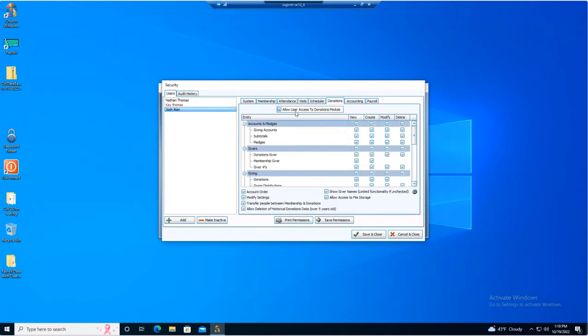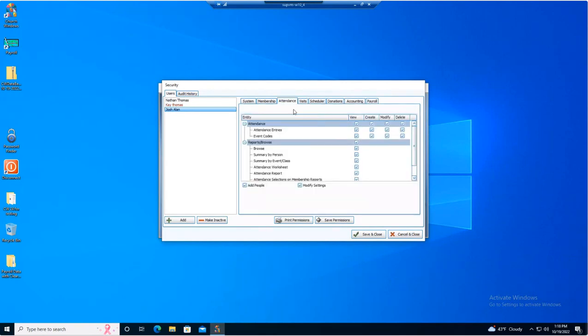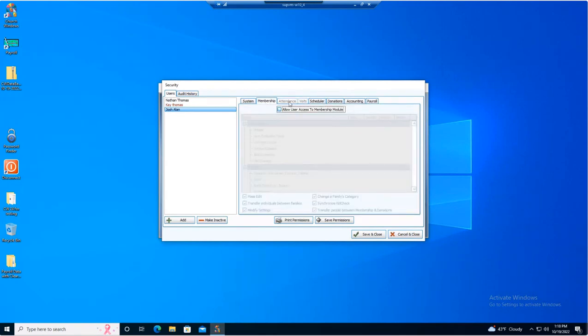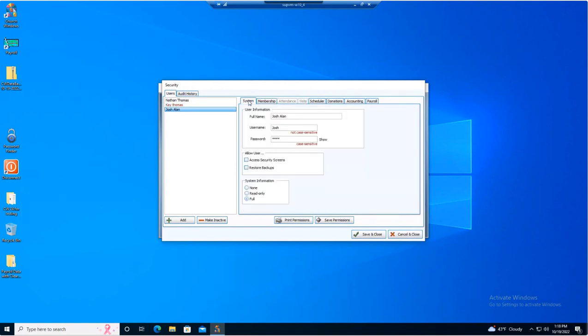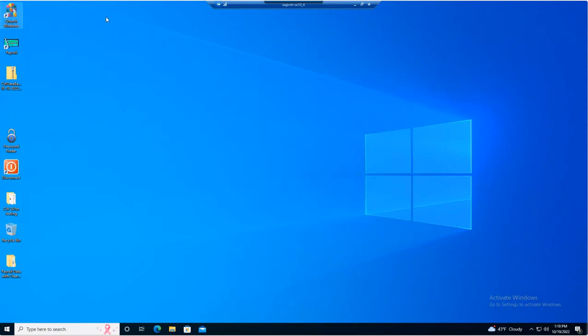But I can still come in here and say, I'm not going to allow them access to donations, and not give them access to scheduler, attendance. I can uncheck all that stuff. Notice once I uncheck attendance, membership access, attendance and visits went away. Maybe I don't want to be set up as a security administrator. So now when I save and close, exit out, and log back in as myself,